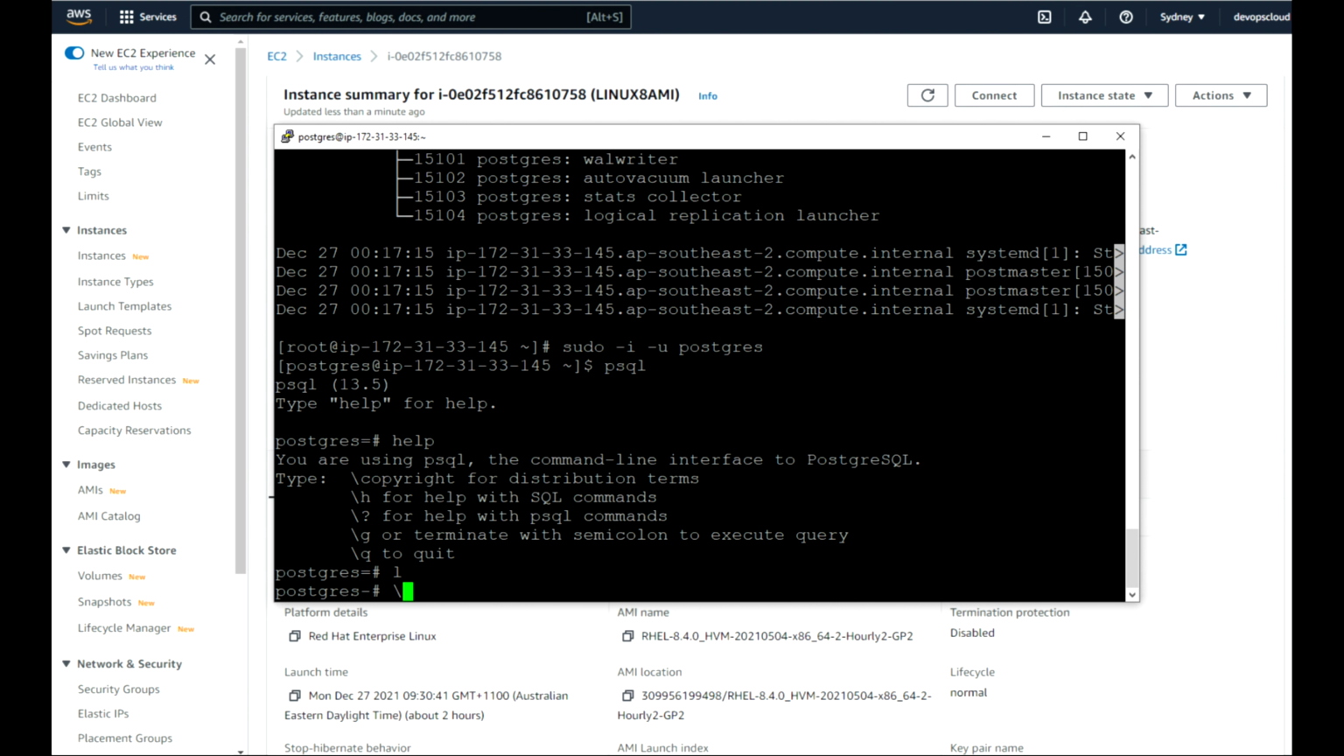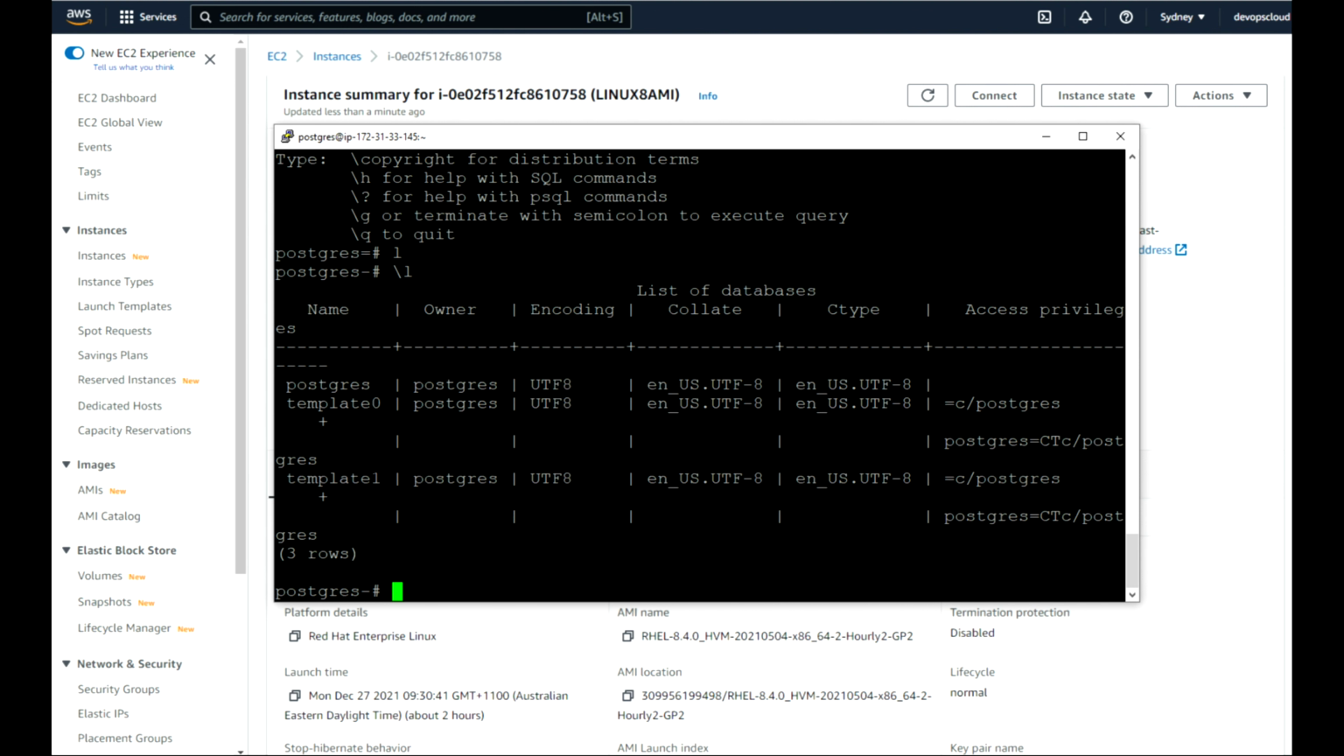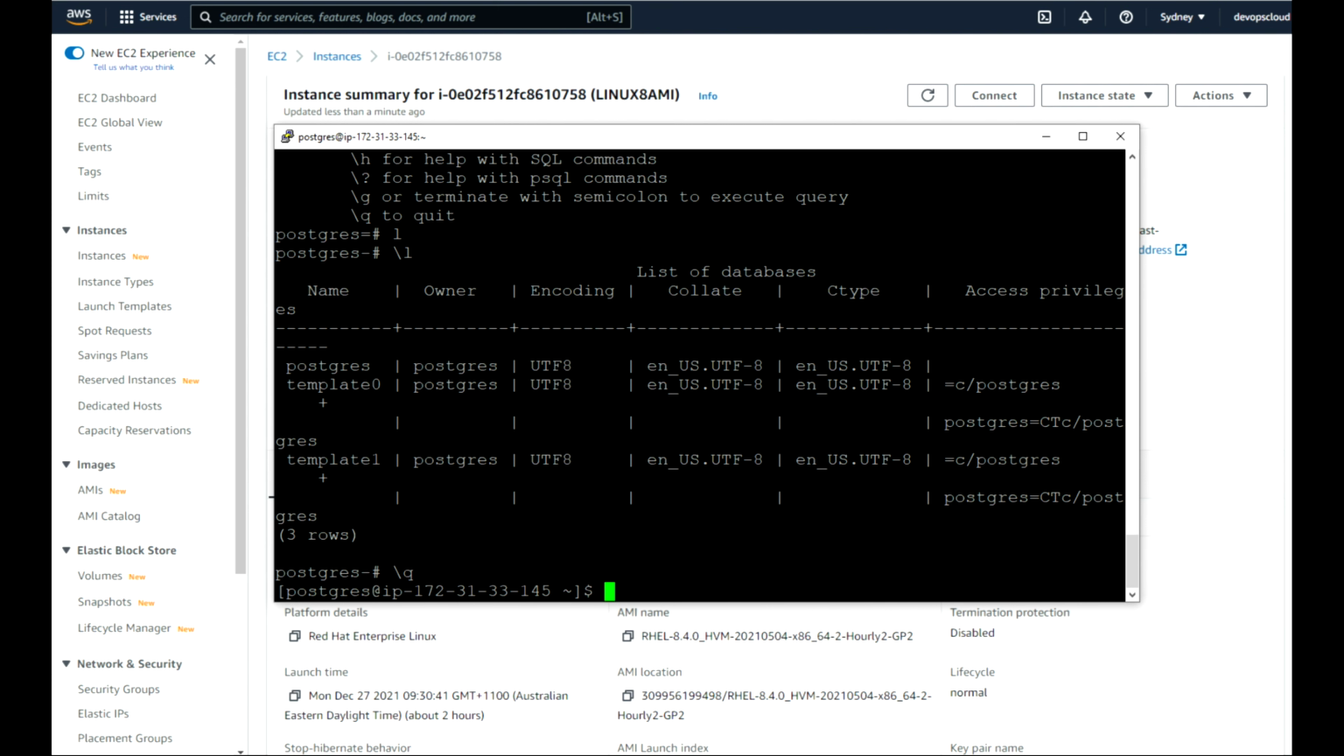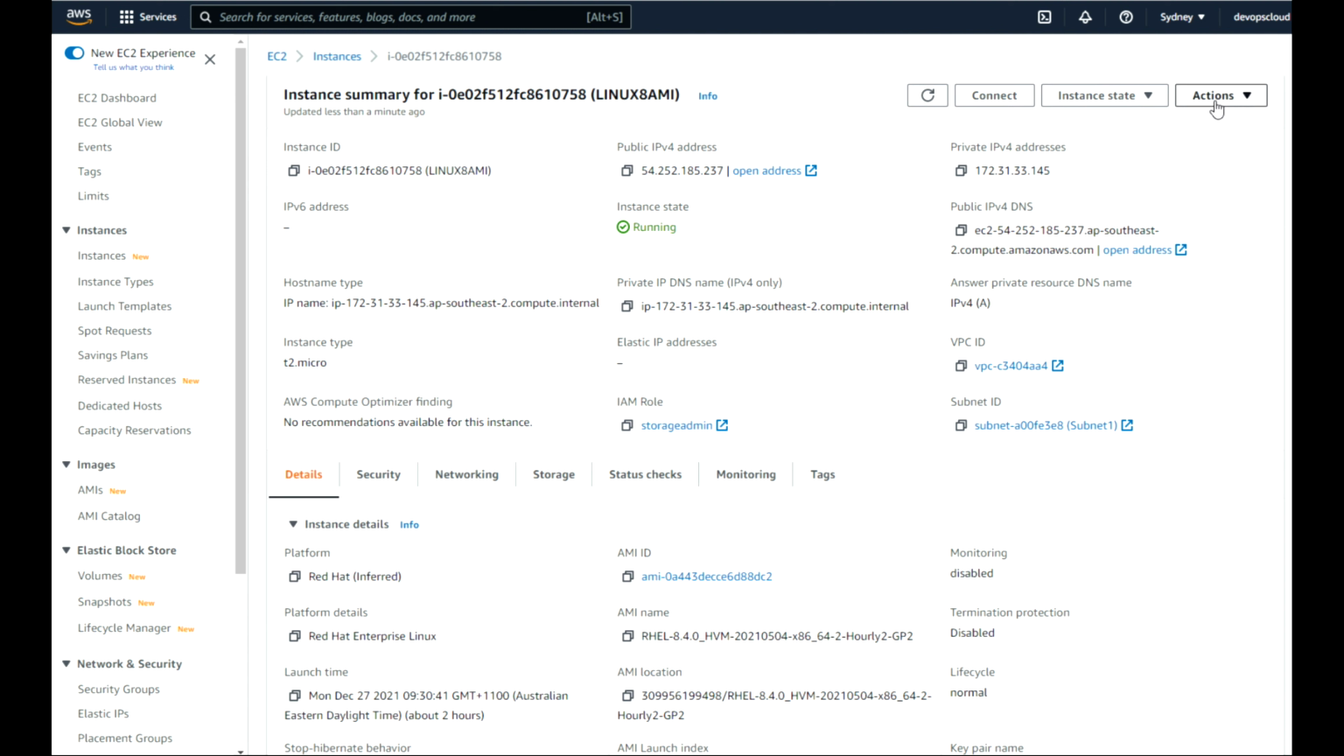I'm not going through all of Postgres, just showing that here we have, as an example, a database we just installed, which will be there whenever we use this image. That image will be Postgres ready. So from Actions, go to